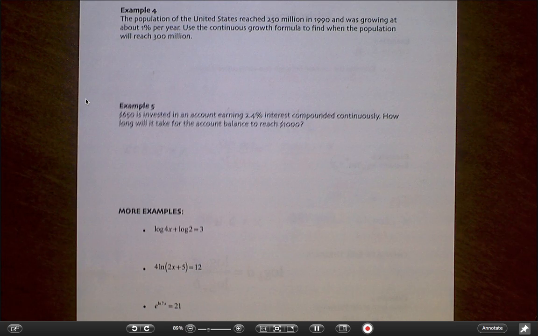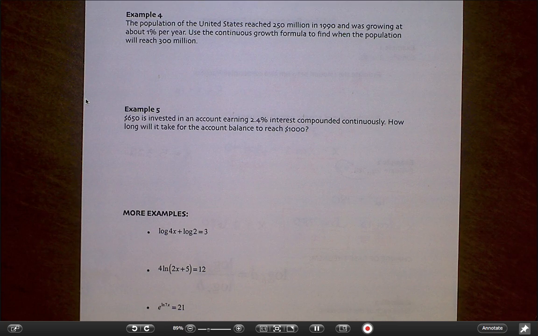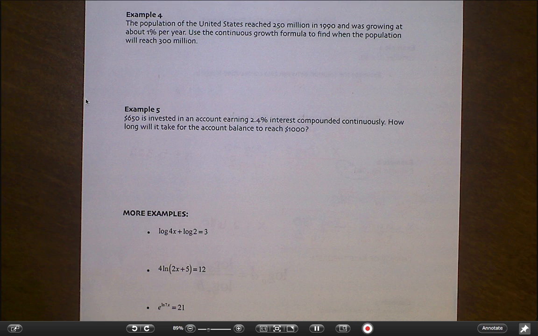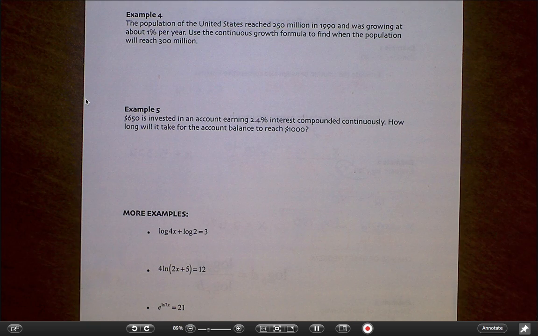Everyone, these are the examples from the second half of lesson 6.6 for Algebra 2. Really what we're looking at here is going back to the stuff we've learned about exponential functions and learning now how to use logarithms to solve for values up in the exponent. So taking a look at example 4,